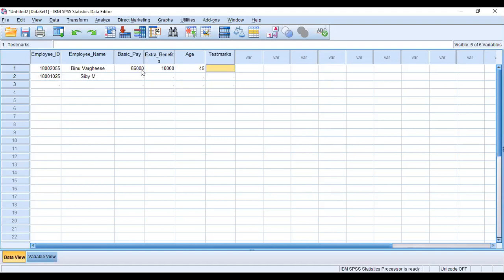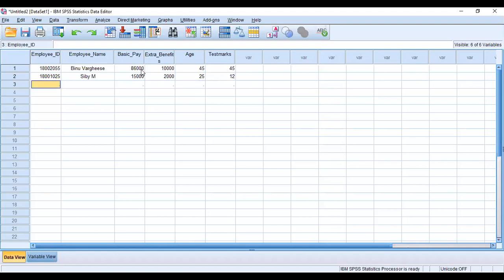Test mark is also 45. Next, CBM. His basic pay is 15,000. Next is 2,000. Age is 25. Test mark is 12.